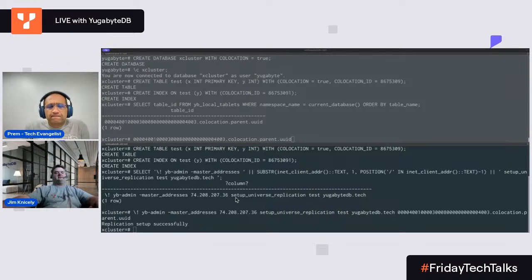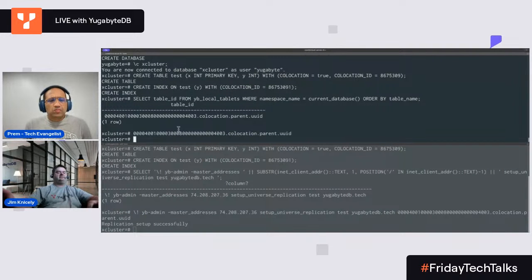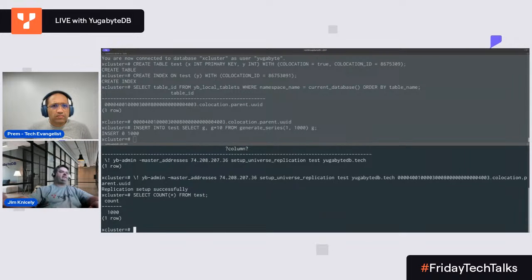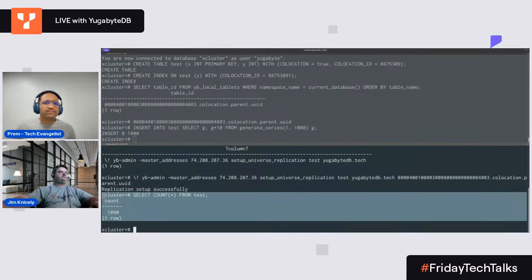And then I come back up top. I just insert some data into the table. And hopefully it got copied over to here. Yeah, 1,000 rows are copied. Awesome. So the one thing to keep in mind is if your xCluster is not supported yet